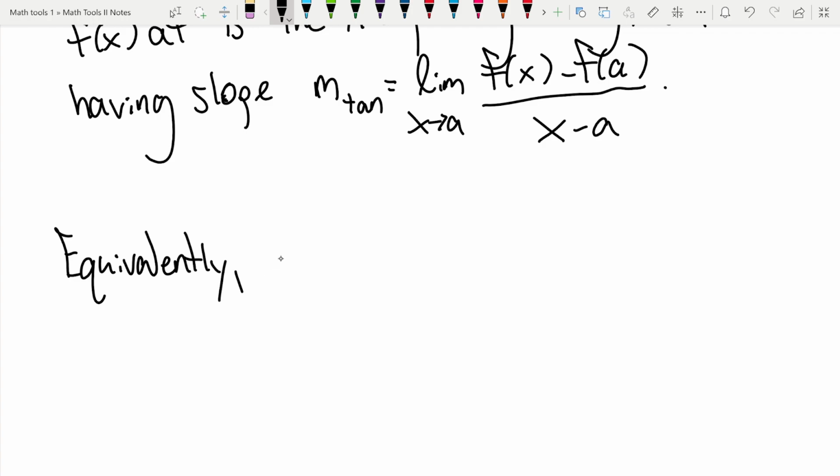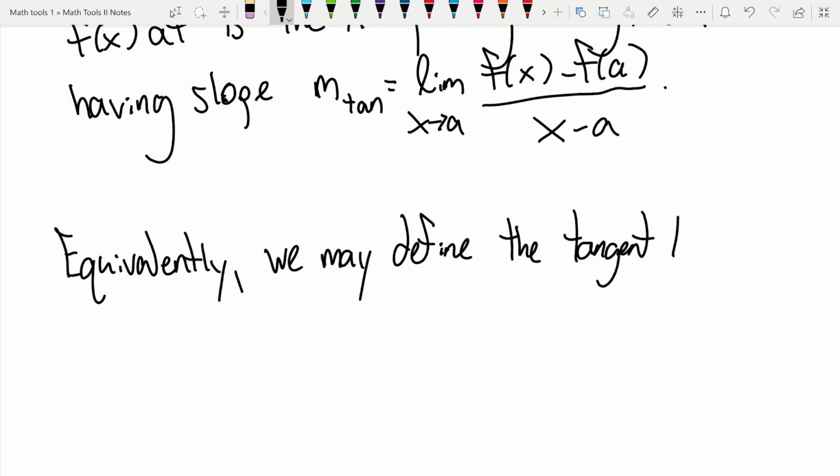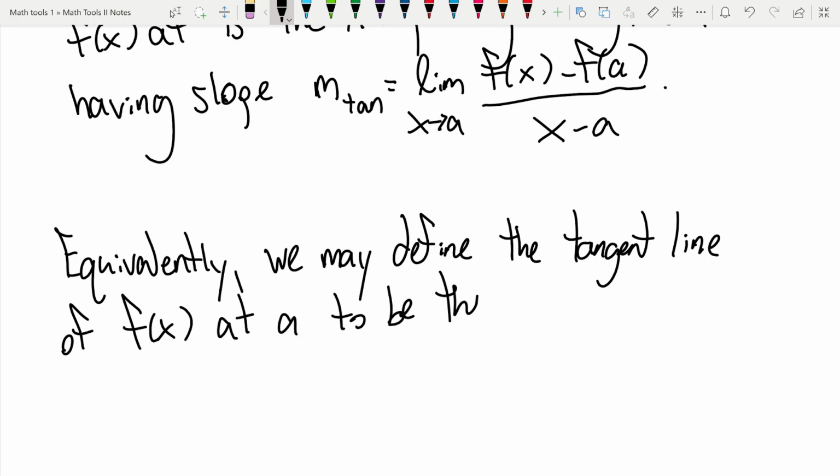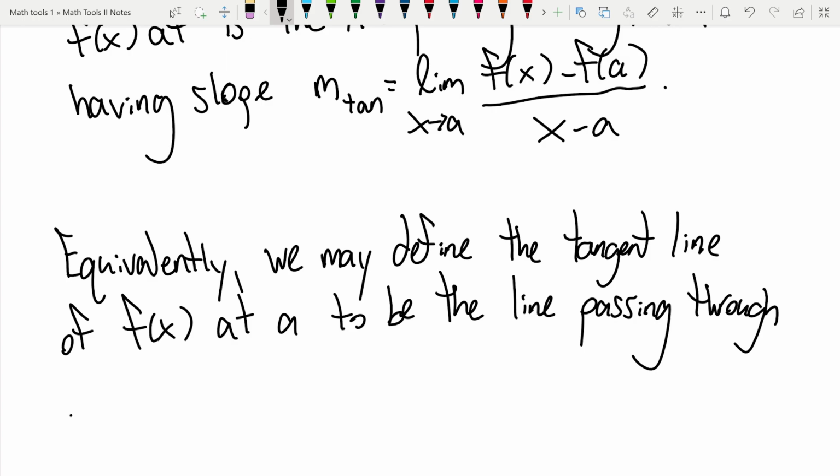So let's say we may define the tangent line of f of x at a to be the line passing through a, f of a,